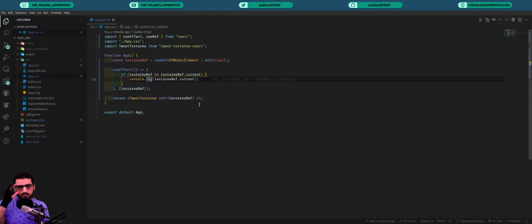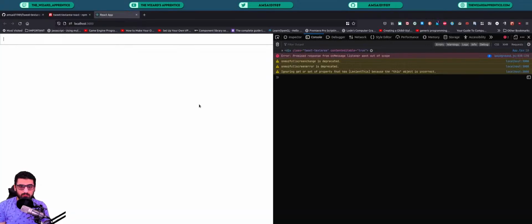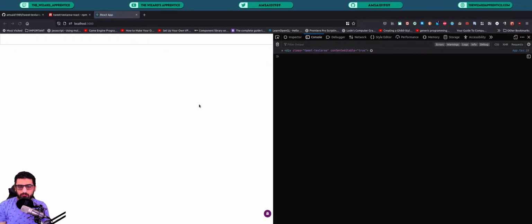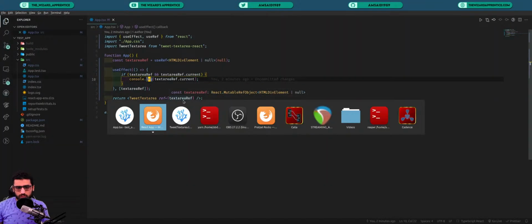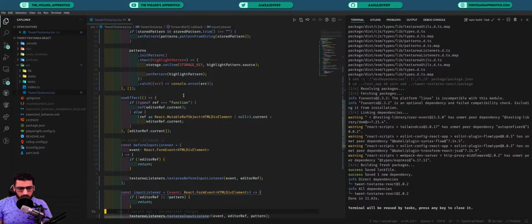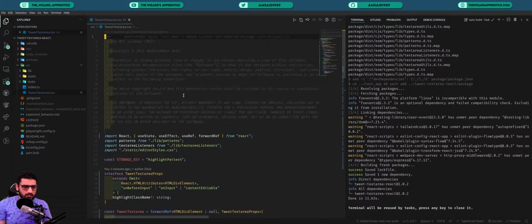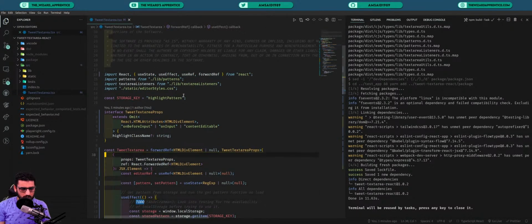So yeah, that's how I'm going to use it, and it seems to be working now. If I refresh again, it seems to be working, and it looks fine, which takes us to the next thing I would like to do, which is, as you can see here, we have